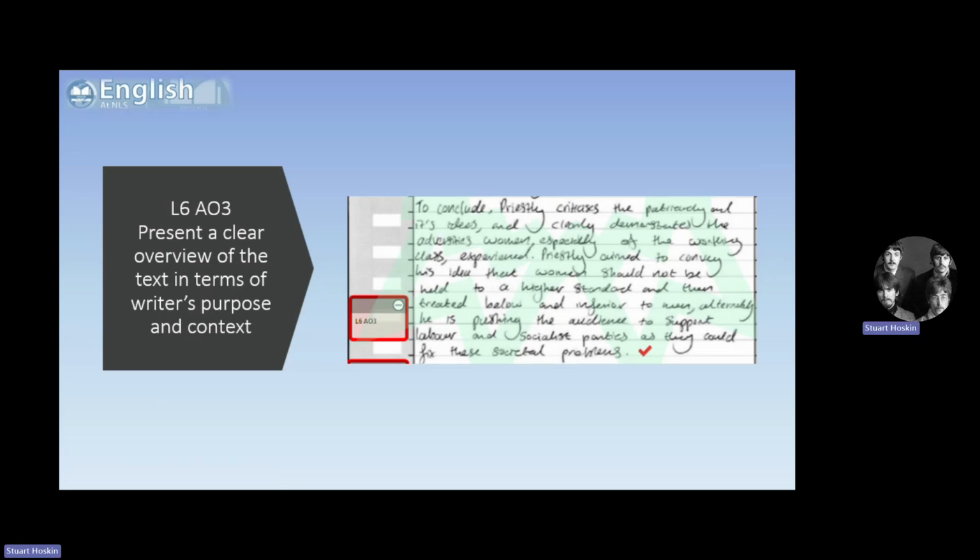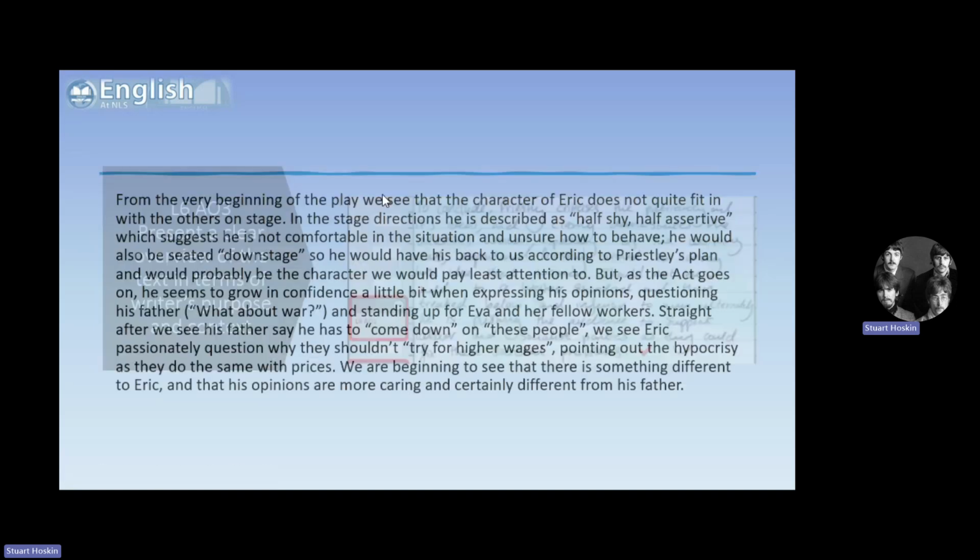Okay, so there's an overview of those particular level 6s. Now, how does that work if we're trying to put it together into what I'm saying is a piece of discursive writing, where you're bringing them together and you're creating a discussion? Right, have a look at this as another extract here. This is a section about Eric that has been written. It covers pretty much all of the assessment objectives. I'm not going to analyze necessarily how. What I'm going to look at here is how this